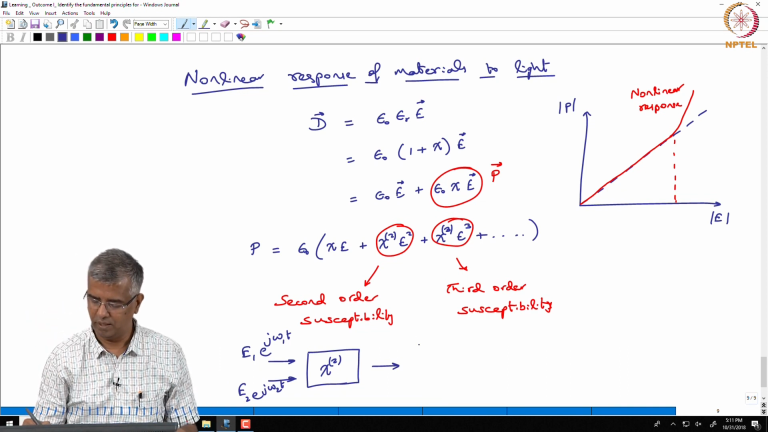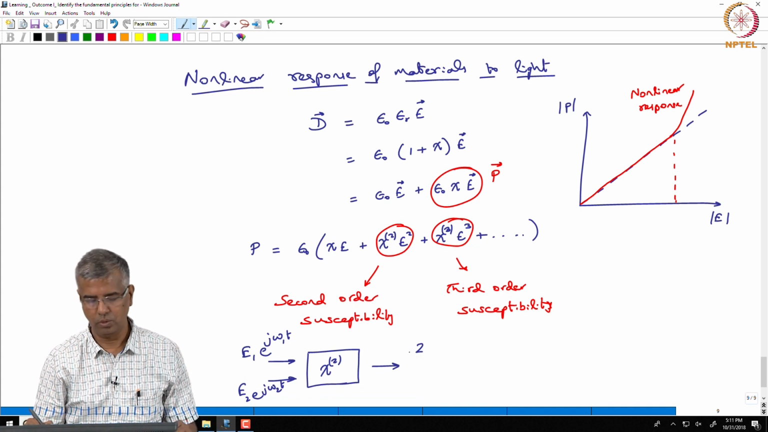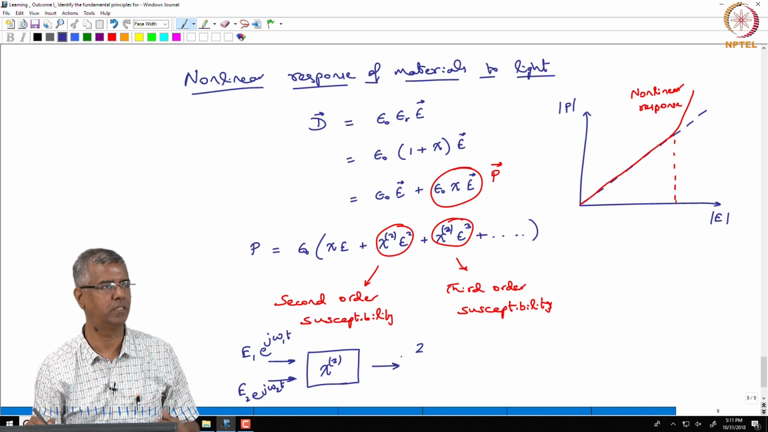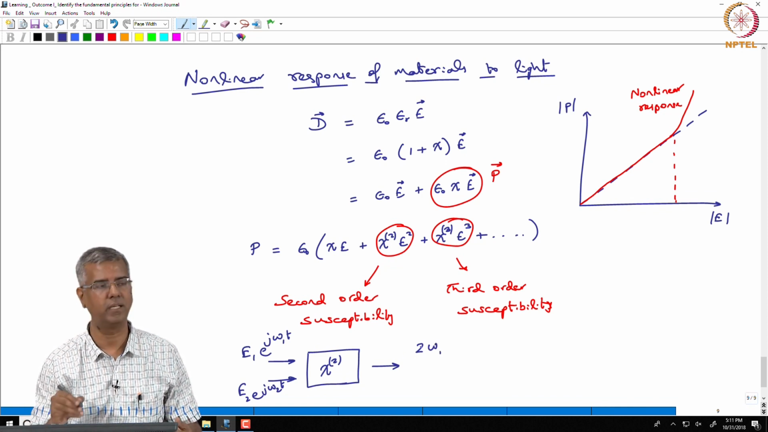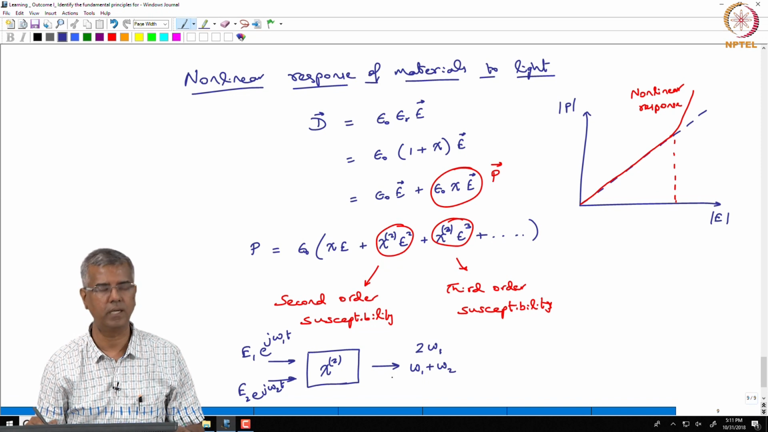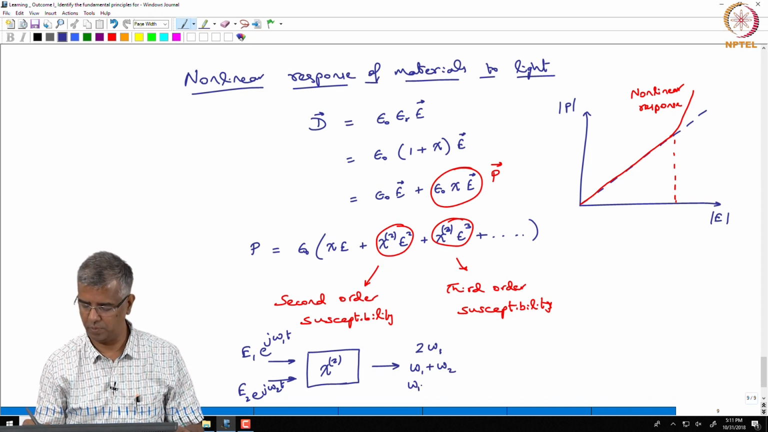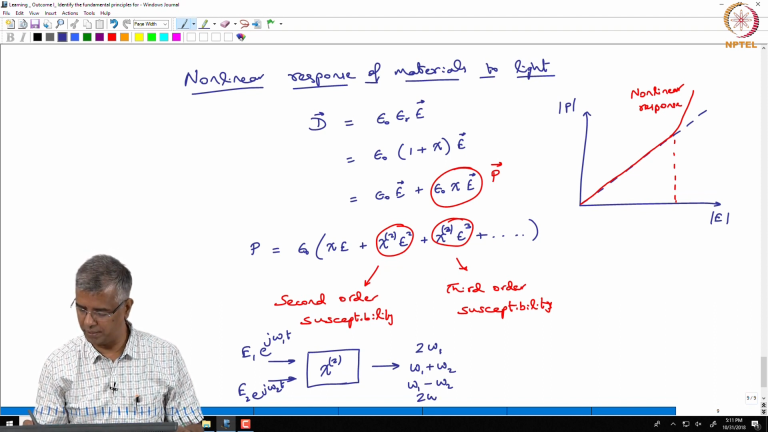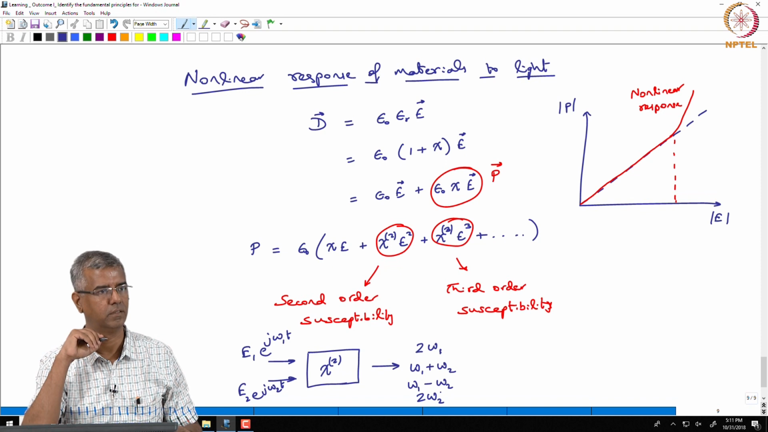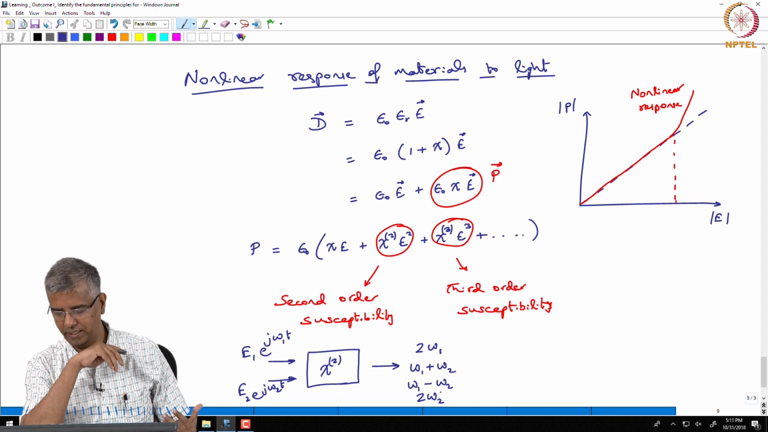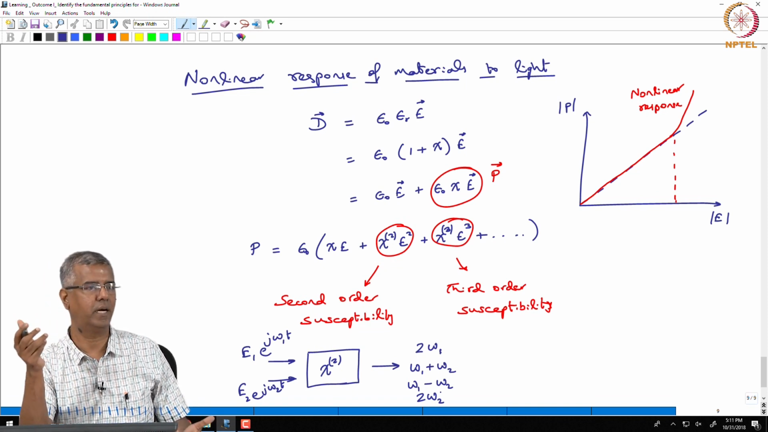So, you could have, let us say, 2 photons at ω1, they could get mixed with each other, and so you could actually get 2ω1 as one result. You could have ω1 plus ω2 as a result. You can have ω1 minus ω2 as a result, or you could have 2ω2 as a result. Okay. So, interesting things happen. You are generating new colors,